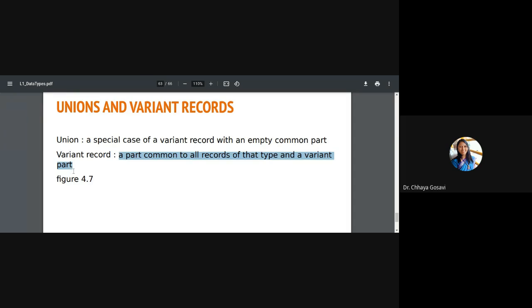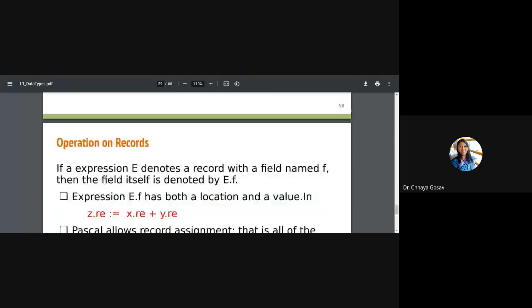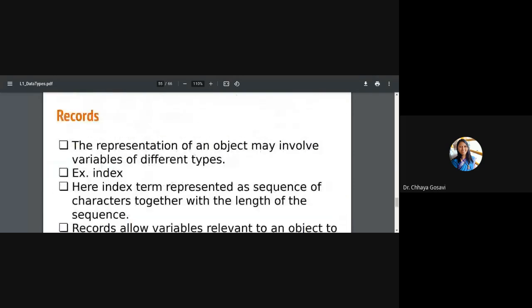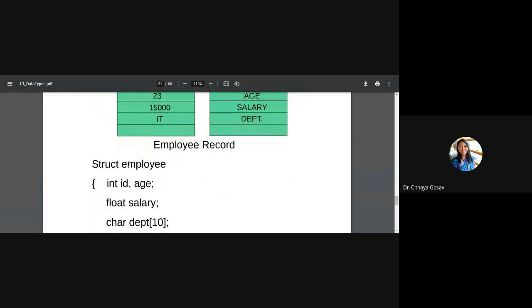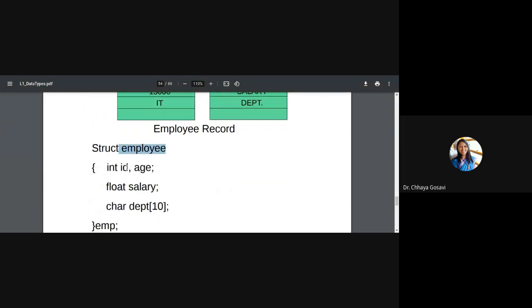In the case of a record, as you have seen here, the total memory allocated for employee is 18 bytes: 2 bytes for ID, 2 bytes for age, 4 bytes for salary, and 10 bytes for department. But if you write a union, which can use either this or this, you don't want to allocate all 18 bytes.